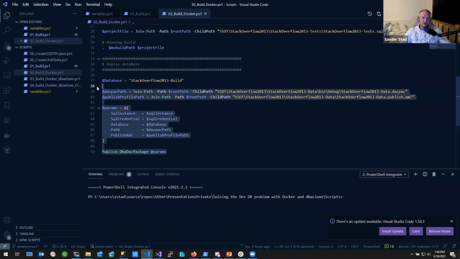I'm still publishing the same DAC pack to a server. The only thing that I'm doing differently is that, because it's a Linux subsystem and it doesn't have Windows authentication, I need a SQL credential. So if I run that,